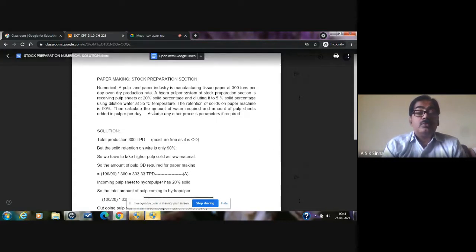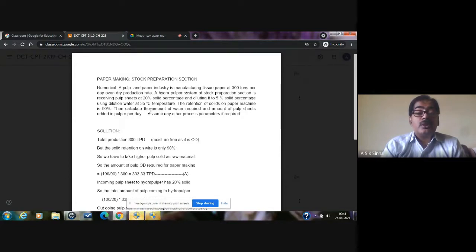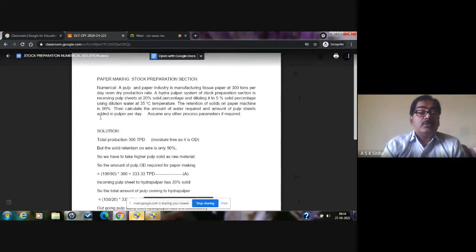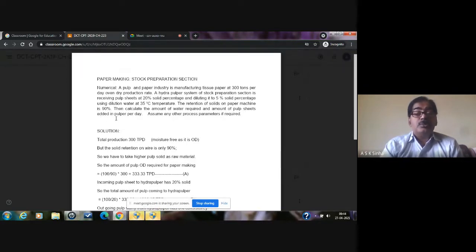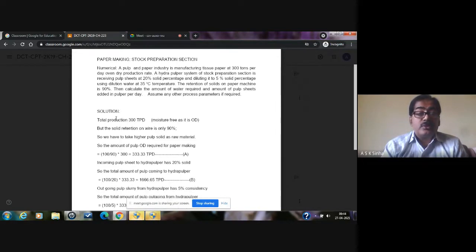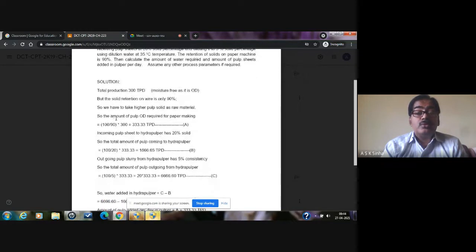So there are two parts of this question. First, you have to calculate the amount of water that is required for making the slurry. And second, the amount of pulp sheet that is added on a daily basis, or the requirement of the pulp sheet coming from the pulp mill on a daily basis. So basically two parts are there. So let us see how to calculate the amount of dilution water and how to find out the total amount